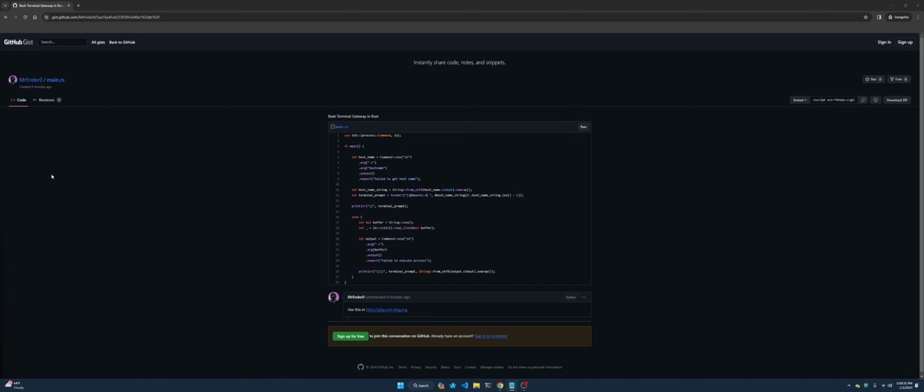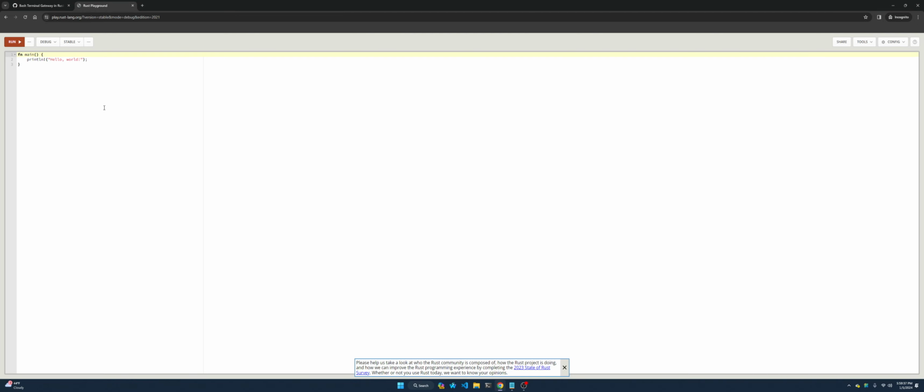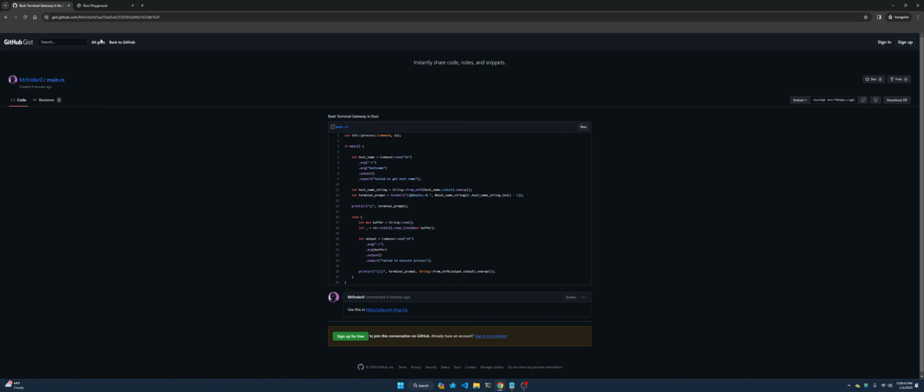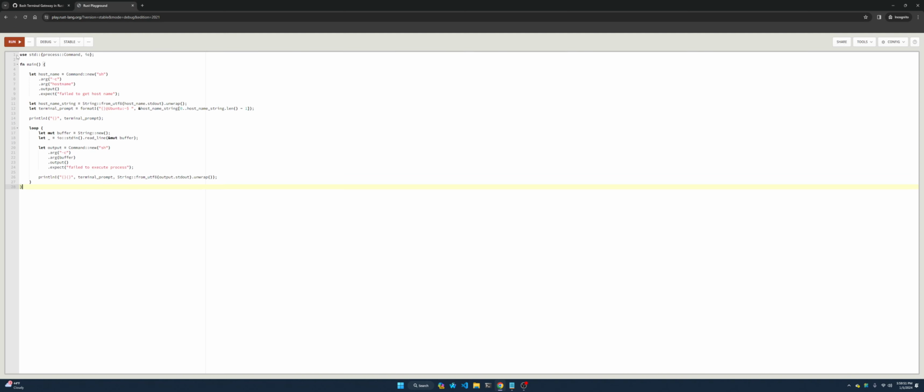So where we want to go is play.rust-lang.org. This will bring us to something that looks like this. If you want, you can change the viewing, make it like dark mode, but that doesn't really matter right now. So what we want to do is copy the script, the whole thing, from the site, Command C, Command V,